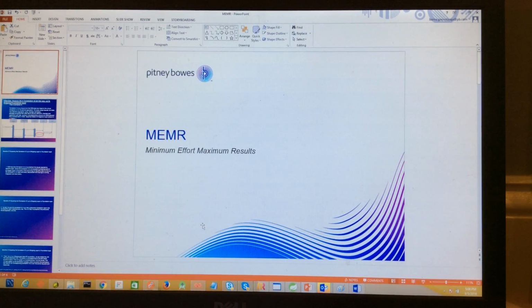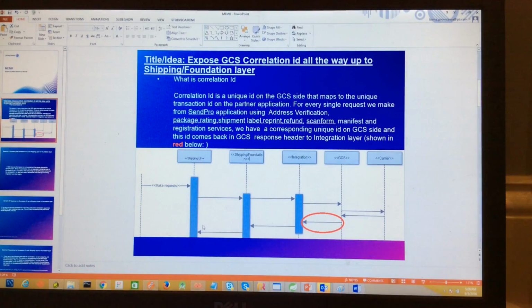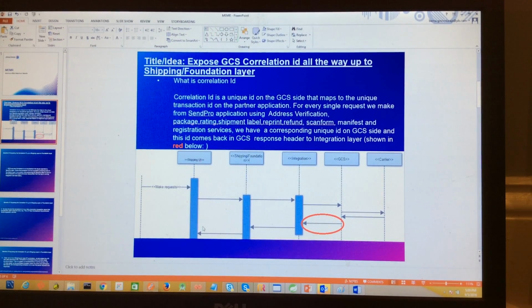MEMR stands for Minimum Effort Maximum Results. The idea here is to expose the GCS correlation ID all the way up to the shipping or foundation layer. What is a correlation ID? A correlation ID is a unique ID on the GCS side that maps to the unique transaction